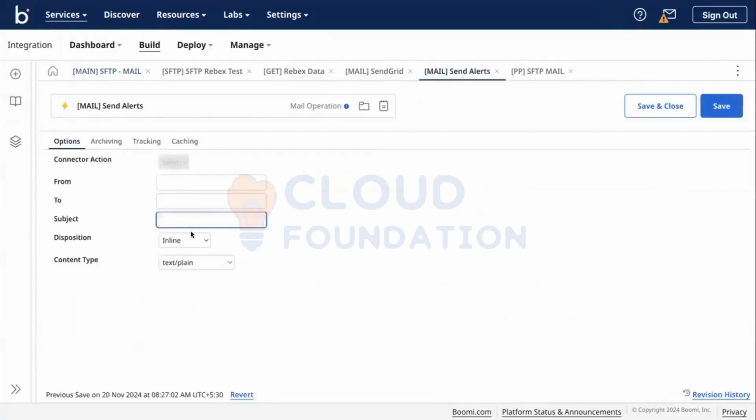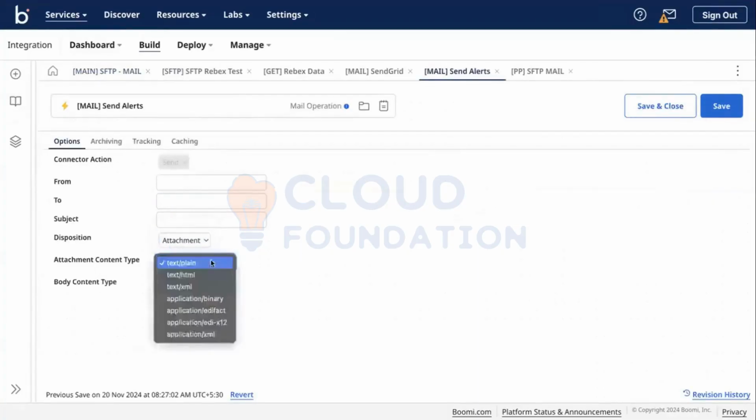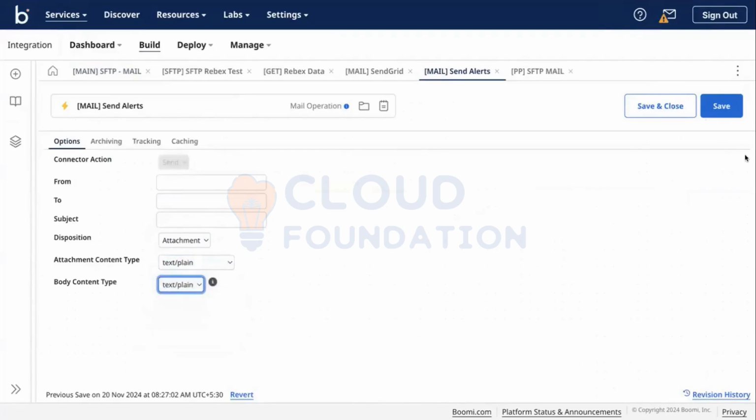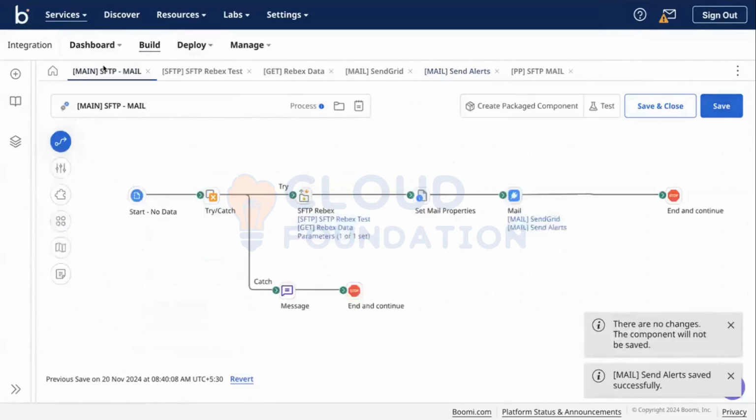Let's change one thing. Disposition. Let's change it to attachment. Let's change it to text plain. Text plain. We want to send it as